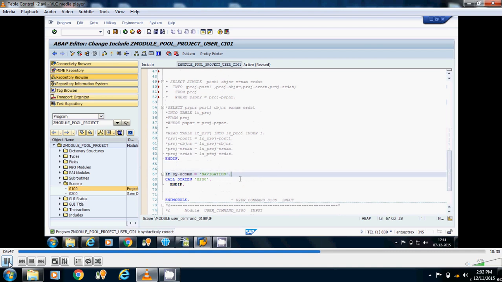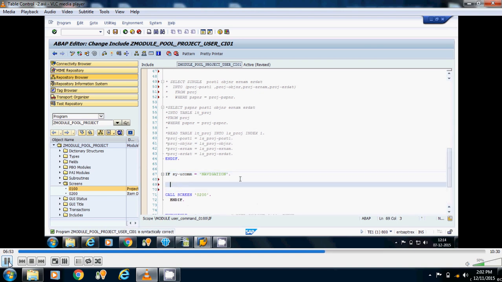Now I will write the logic for fetching data from the PRPS table. So I will write select.